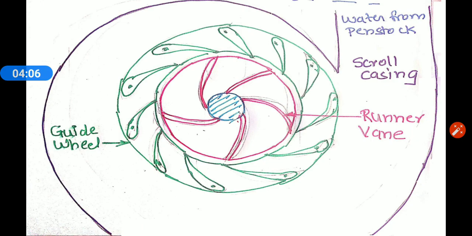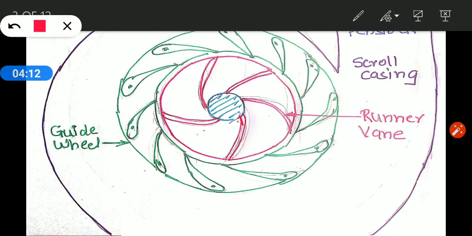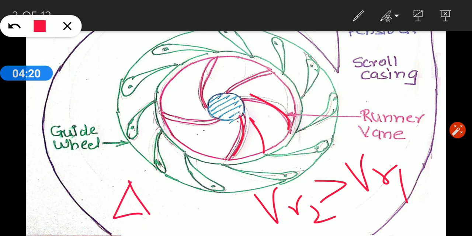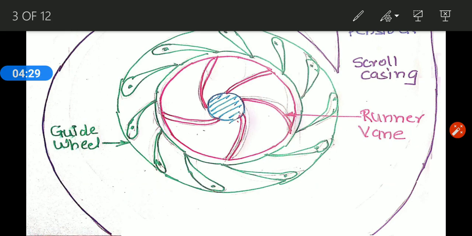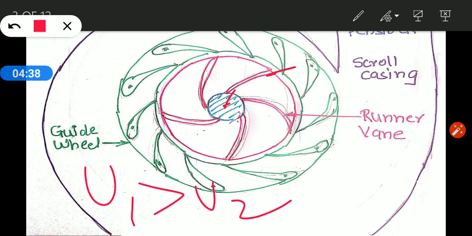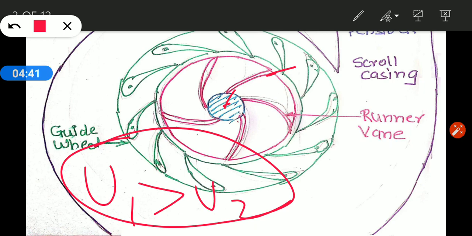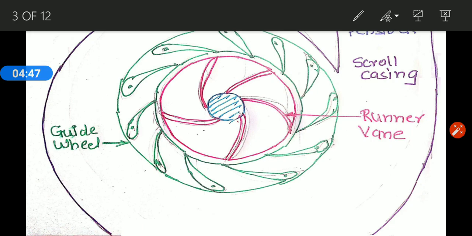So what is the job of the runner vanes? As you can see, their area is decreasing. That decrease in area will increase the relative velocity, and that increase in relative velocity will decrease the pressure, and that decrease in pressure will be imparted to the wheel, and that wheel will start rotating and will be getting the reaction force. Second thing, the radius is decreasing. Inlet radius is higher, exit radius is smaller, so u1 is higher than u2. Because of this also there will be centrifugal head that is being imparted to the wheel. So because of that also there will be a reaction force. So reaction force will be because of these two reasons, fine.